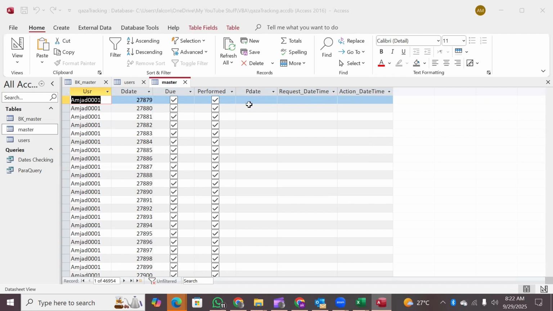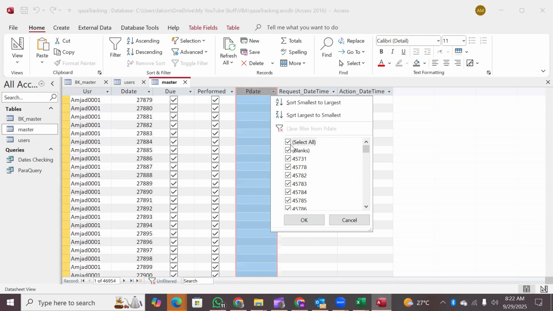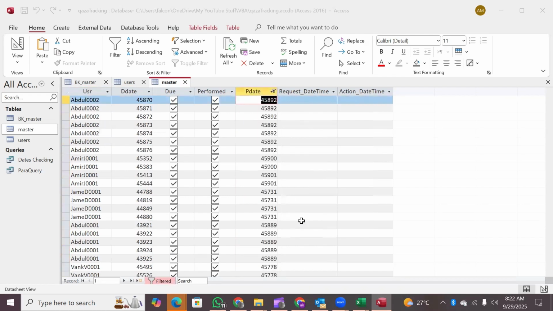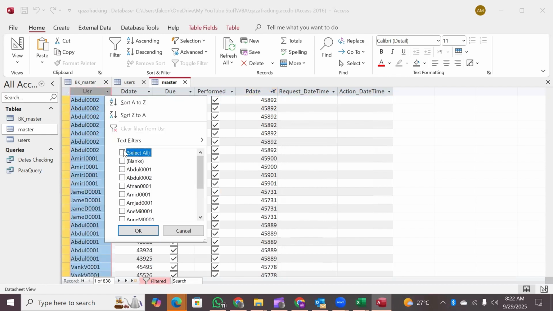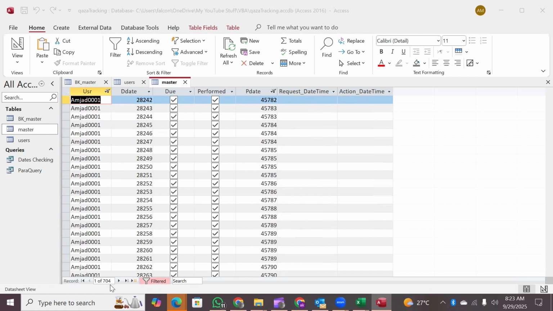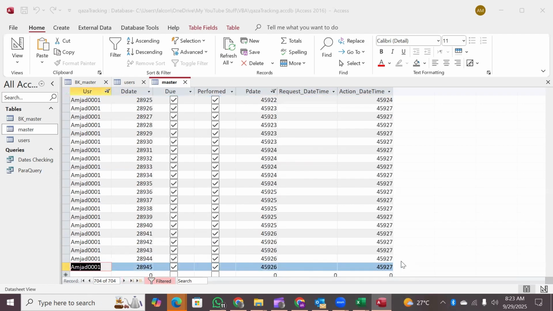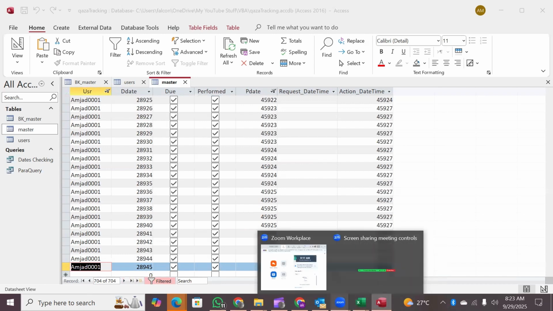So the performance date will be mentioned when an overdue task has been performed. So these are the overdue tasks which have been performed. If we see it for one user, like this one, how many tasks has he performed? That is 704. So what is 704? It is days, 704 days, because its setup is per day. So 704 overdue clearance days have been done so far, and this is the last one. Okay, so this is the Microsoft Access look of it, and in the Outlook